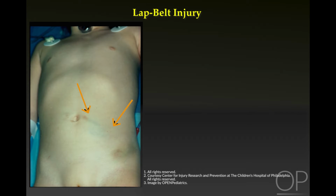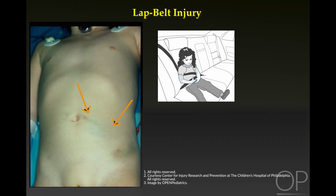One of the highest risk mechanisms of injury that we see in pediatrics is the Lapel Diagnosis. It's seen as a linear, often oblique bruise or hematoma along the anterior abdominal wall where the seatbelt acutely compressed the anterior abdominal wall. Although most modern cars are equipped with a 3-point restraint system, often shorter adults or children will place the shoulder harness underneath their arm, effectively making it a 2-point restraint system. As a result of that and the tensioning mechanisms that are designed for heavier adults, the child, once a car hits or stops suddenly, can submarine and go underneath the lap belt and cause acute compression of the abdomen and